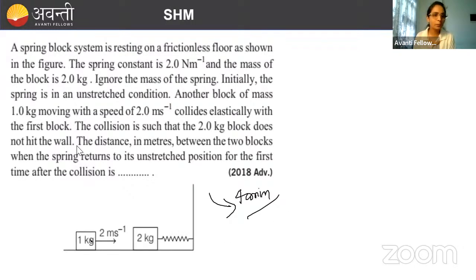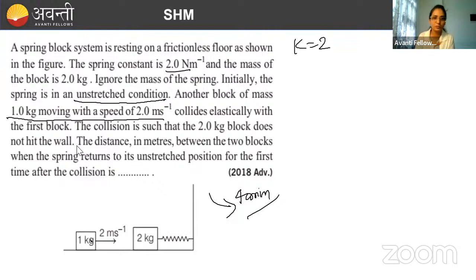First, a spring block system is resting on a frictionless floor. The spring constant is given, k value is how much, 2, and the mass of the block is how much, 2 kg. This is 1 kg, right? Ignore the mass of the spring, it is massless. Initially the spring is in unstretched condition, the initial position of the spring is this, it is not extended at all. Now what will happen? At t = 0 seconds, another block of mass 1 kg moving with a speed of 2 meter per second. This is moving with how much speed? 2 meter per second,